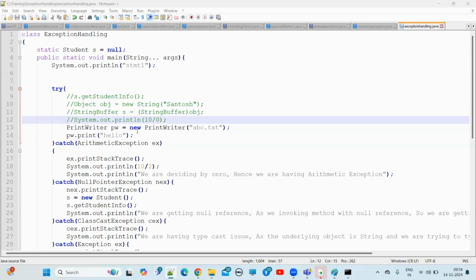Who will handle? The compiler. The compiler will check all the checked exceptions for smooth execution of the program at runtime. So why will the compiler check? If you have written any checked exception related code,